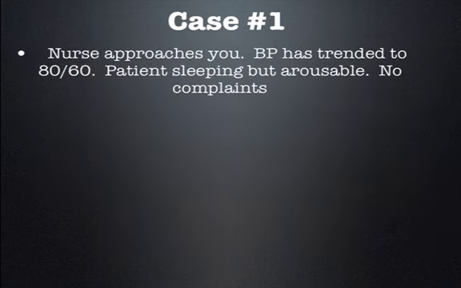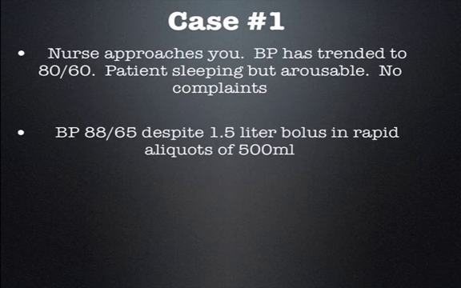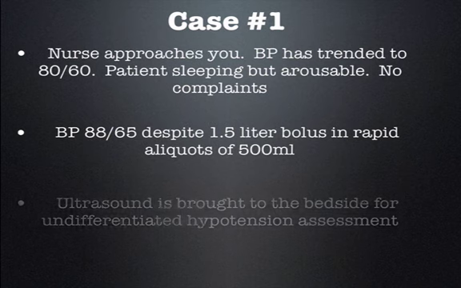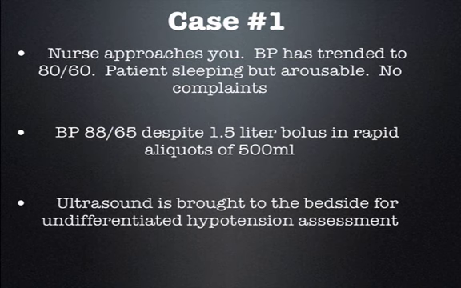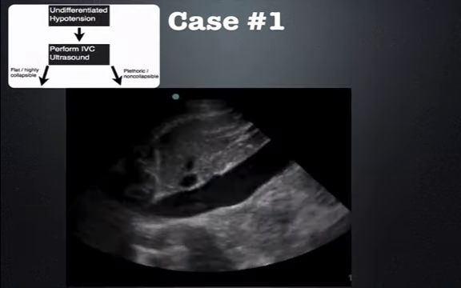Now, the nurse approaches you with a blood pressure that has trended to 80/60. Patient is sleeping but arousable and has no complaints. BP is 88/65 despite a 1.5 liter bolus and rapid aliquots of 500 mLs. So obviously at this point we have a blood pressure that's not really responsive to the fluid boluses that were given. So we call ultrasound to the bedside, and we're going to start off with the undifferentiated hypotension scan,